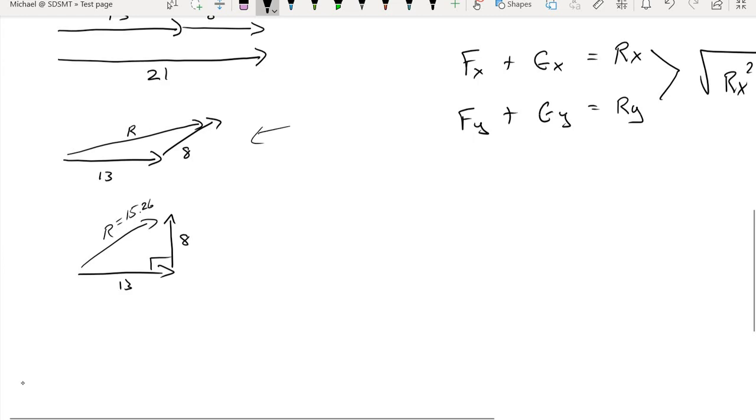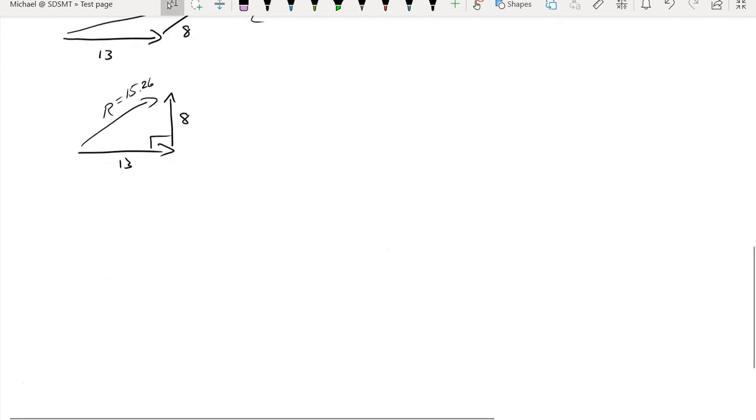But up here, if we wanted to find the value of the resultant, we would have to use something like the law of cosines or law of sines in order to figure out what that resultant value is. But believe me when I say that this value of R is going to be less than 21. And then as we continue changing the angle,